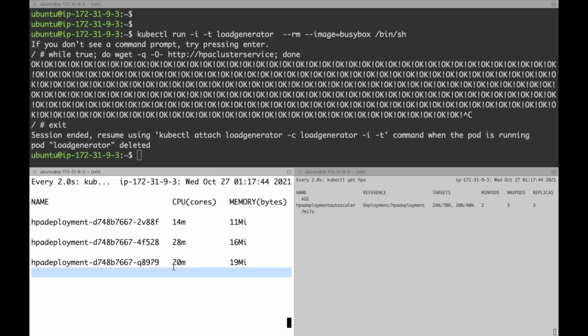So slowly that utilization comes down. After some time, how many replicas can I see? How many pods can I see if there is no load? We can see only 2 pods, 2 replicas. Now since there is no load, you can see after some time